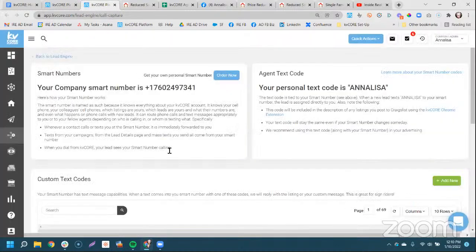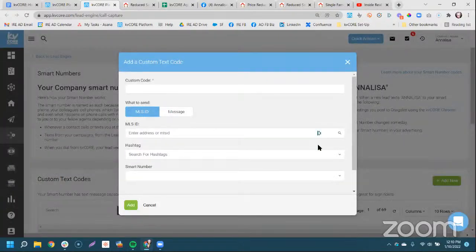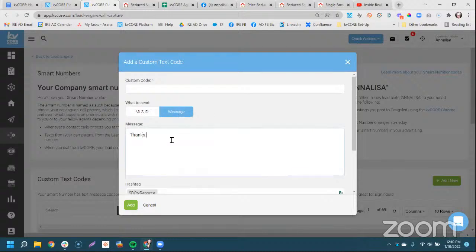So now I can click add new and I can say whenever the hashtag of SD County report lands, I want this message to go out for like, thanks for inquiring, use this link to see what your home may sell for in today's market. Or your property maybe. And all of a sudden I can't type. Okay.